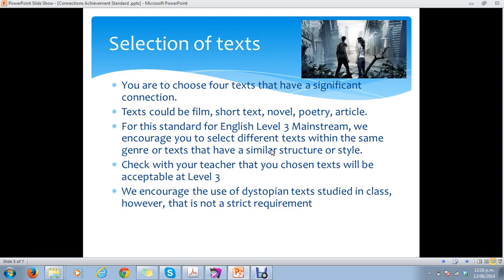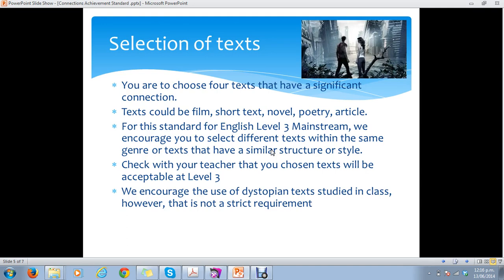The 4 texts that you choose can all be chosen by you if that's what you want. You are allowed to choose texts that we have studied in class. However, one of the choices that you make must be a personal choice, something that hasn't been studied in class. You can choose 4 films if you like. You can choose 4 short stories. You can have a variety and a mixture, but there must be 4 texts, and at least one of them must be personally chosen by you.